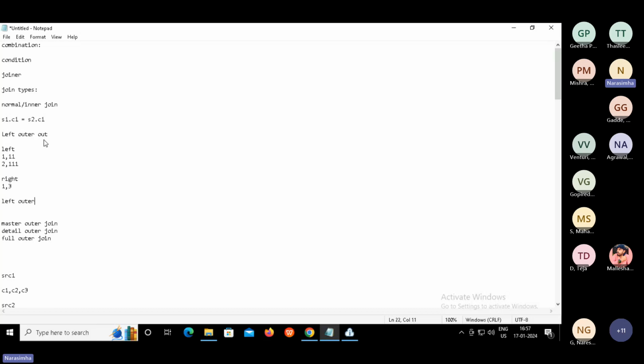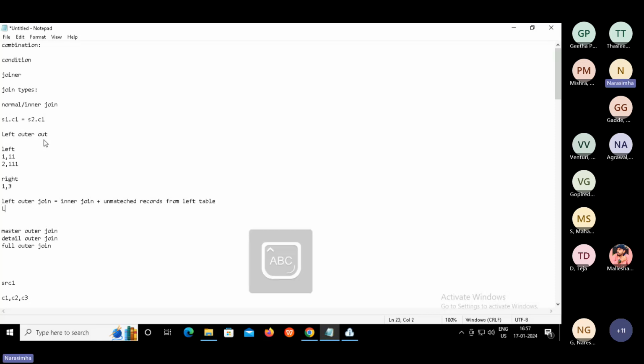Left outer join equals inner join plus unmatched records from the left table or left source.